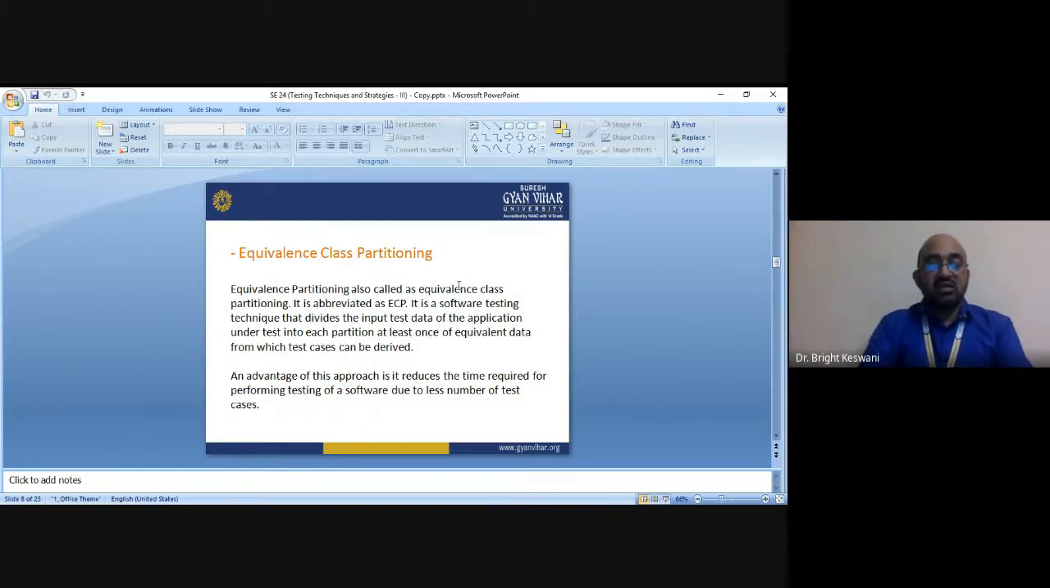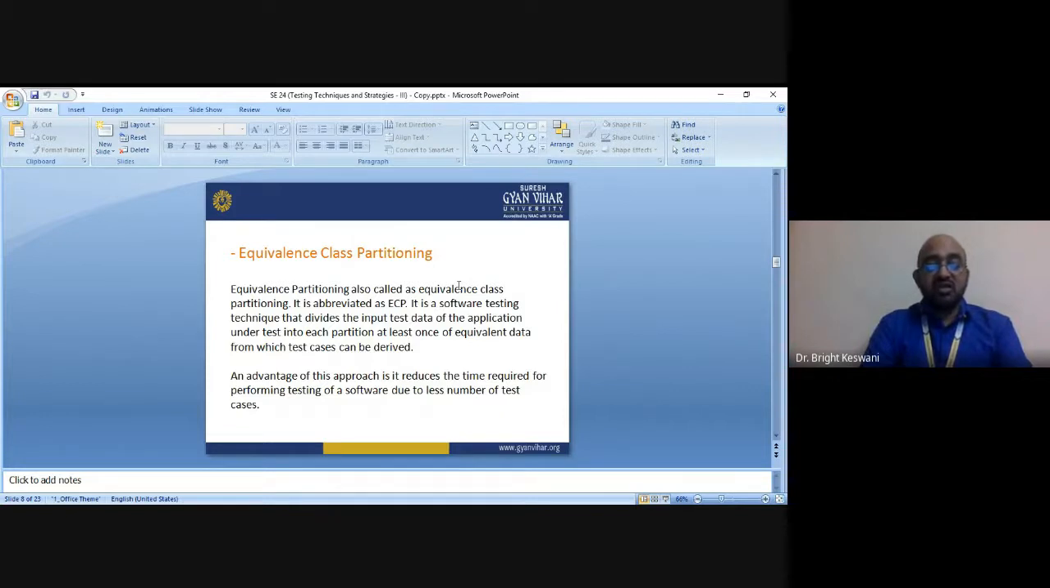The second guideline is related to the specific value. It says that if an input condition requires a specific value, one valid and two invalid equivalence classes are defined. I am repeating again: the second guideline suggests that if an input condition requires a specific value, one valid and two invalid equivalence classes are defined. The third guideline is related to the member of a set, which suggests